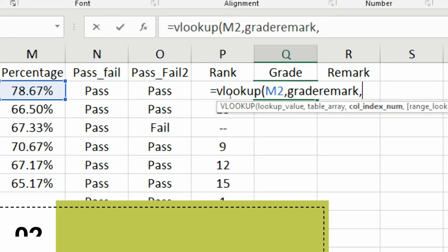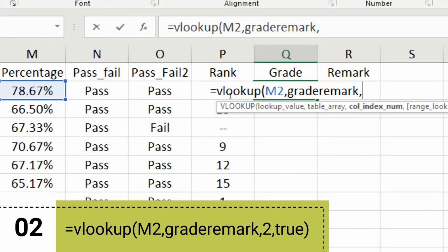Now in that particular table, the grade remark table, what is the column number of grade? Remember how to determine the column numbers. The first column in my table is my percentage column. The second column in my table, grade remark, is the grade column. The third column in my grade remark table is the remark column. Since I want to fetch the values for